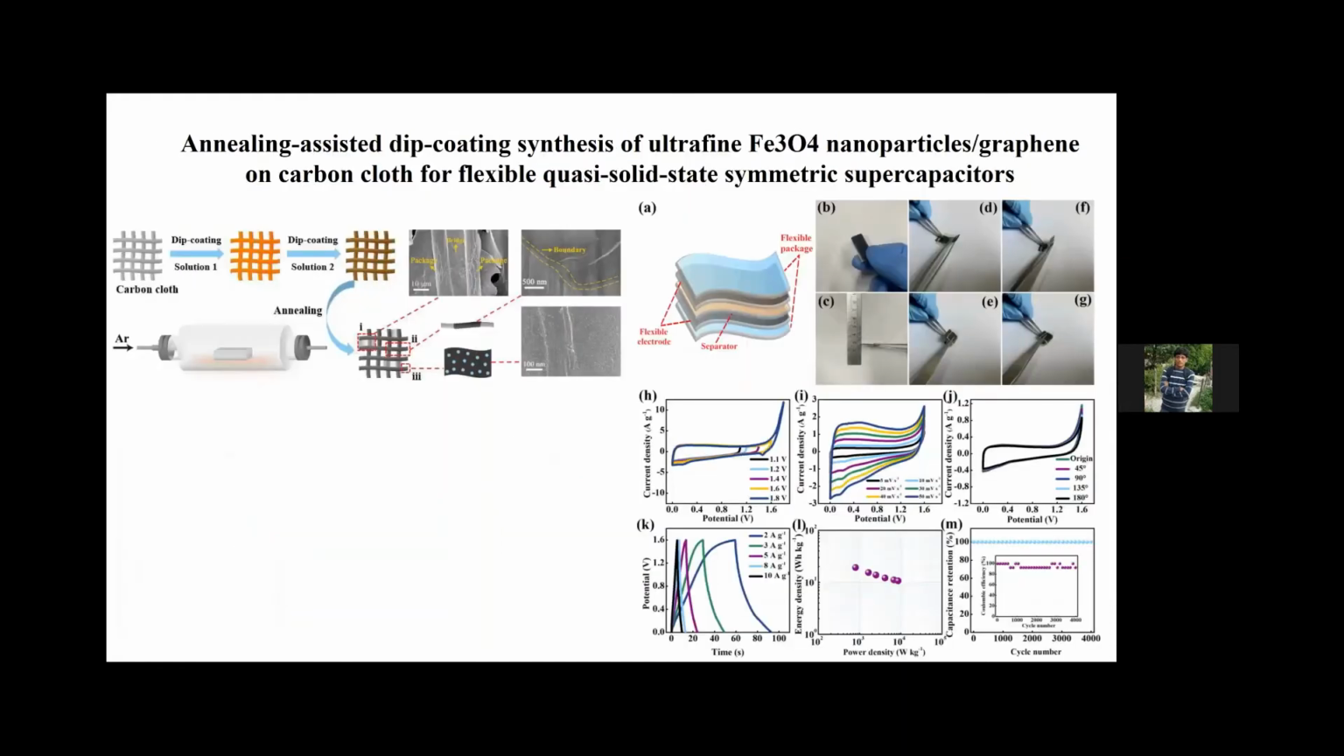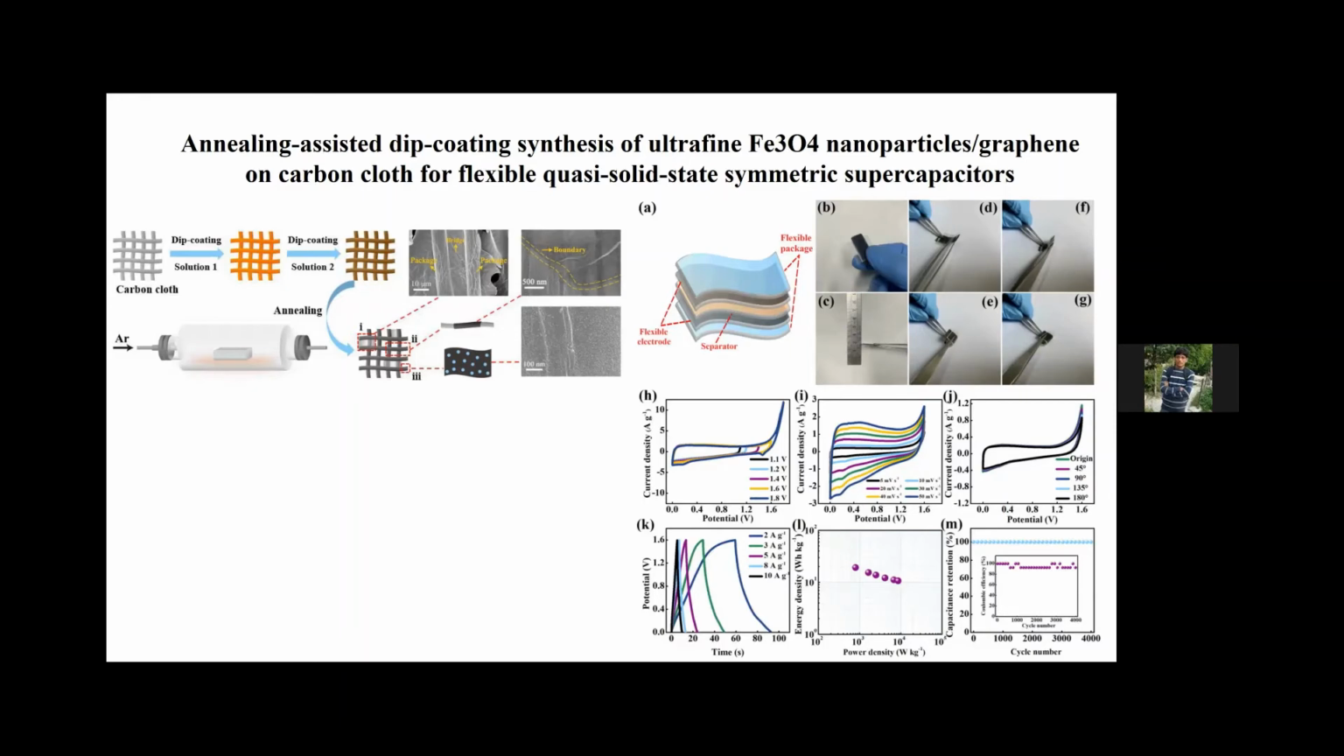And the third one is the symmetrical devices, where they use carbon cloth, because carbon cloth is a type of substrate that has very good flexibility, and we know all the clothes we are wearing are carbon-based. So if we apply it to wearable devices, carbon cloth is a suitable substrate to make wearable devices. So here is one example